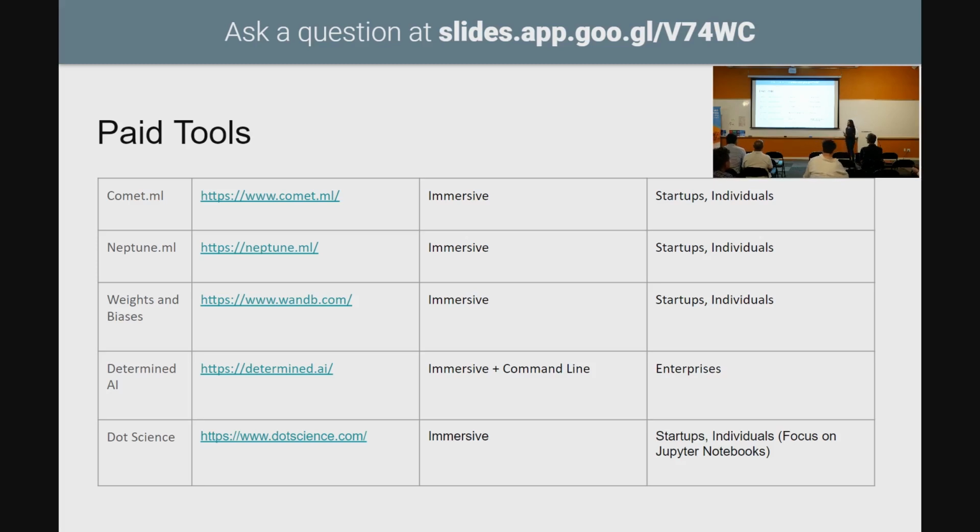All of them provide a server interface where you run your code and the metrics are automatically sent to the server. The slight drawback is that wherever you're running your code, it should have internet access. And if you're running it on a server which does not have an HTTP port open, then you're probably out of luck unless you have an on-premise installation of their specific system. Most of them are targeted towards startups and individuals: Comet, Neptune, Weights and Biases. Weights and Biases have a very good free program, so if you want to try it out, they have much more flexibility in that.